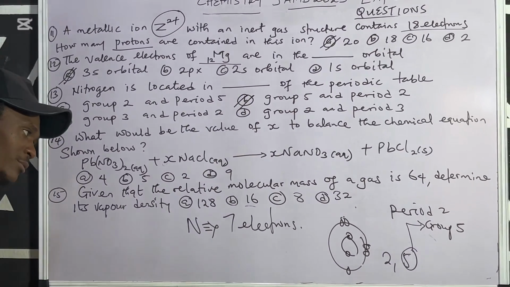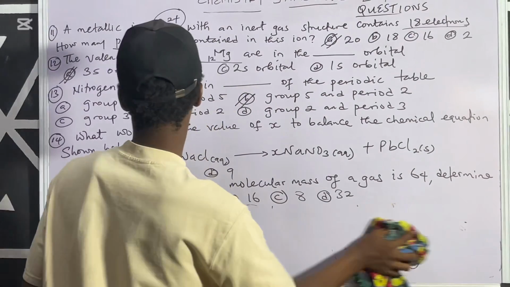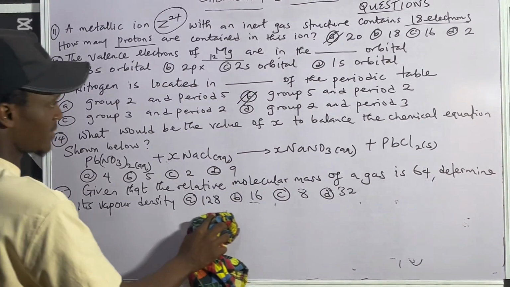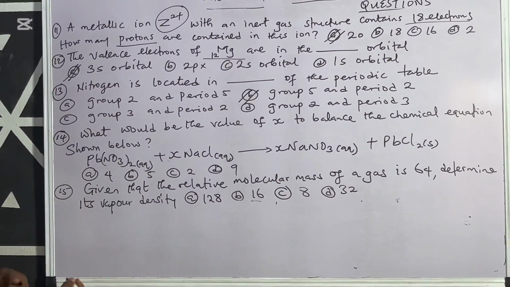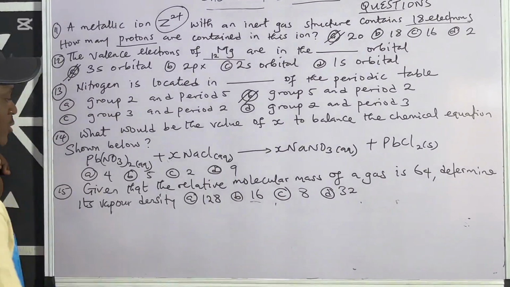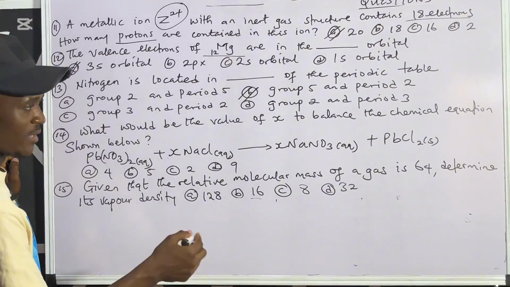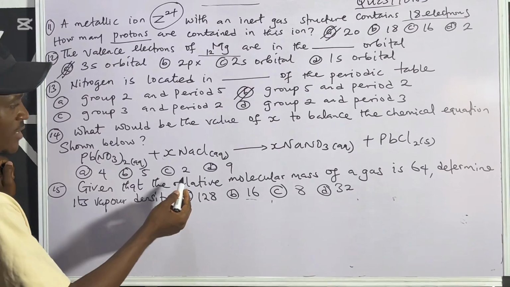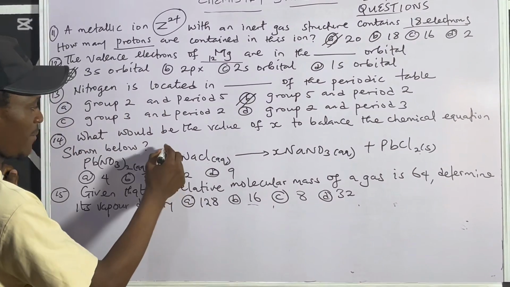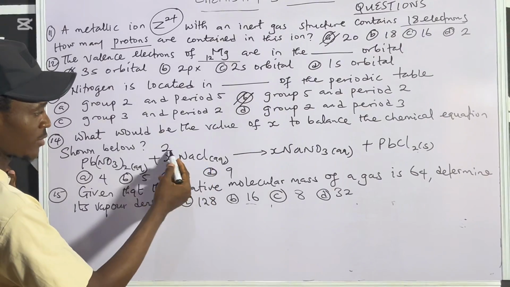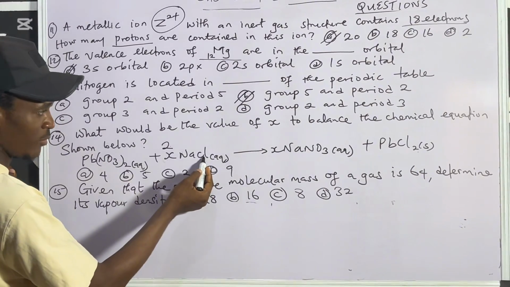Then the next question, number 14. What would be the value of X to balance the chemical reaction? This is on balancing of reaction. This thing is very easy. This is the chemical reaction we are given. And then they are asking for the value of X. All you simply do, let's confirm something. Now, we are having chlorine here, but over here, chlorine is what? 2. If I make here 2, it becomes 2 what? Chlorine, because this 2 will affect everything. That's how you balance reactions. So it becomes 2 chlorine.